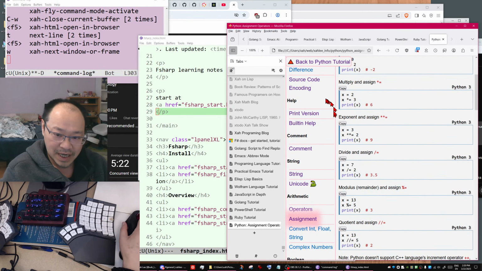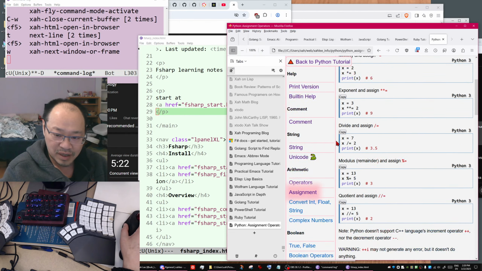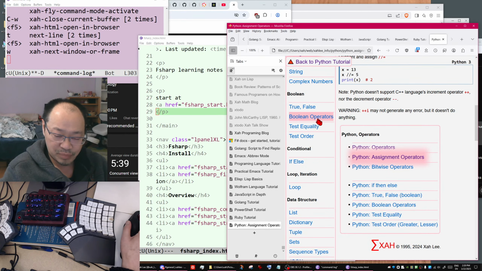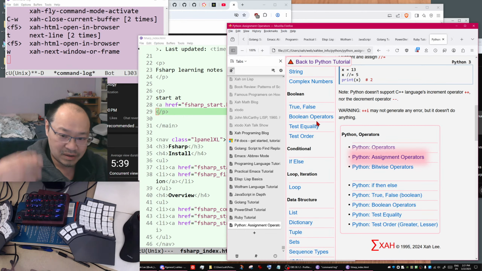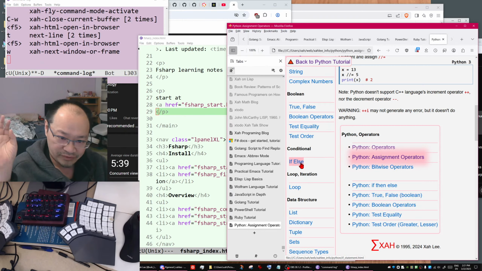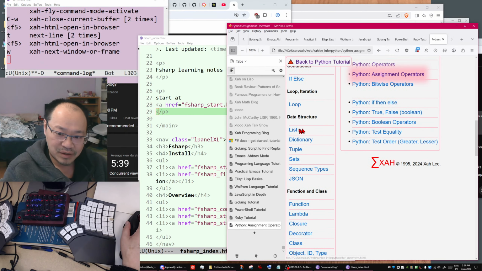So after the help and common, then you start to have the basic common technical aspects of the language, usually strings, arithmetic, numbers, Boolean type. How do you do if, true and false, and what does true mean? What expression returns true, depending on the language. Then you have conditional if then else or switch statement or if else expression, which is different from statement. Then you have loops. Then you start to get really complex data structures: list, dictionary, tuple, sets, sequence types,